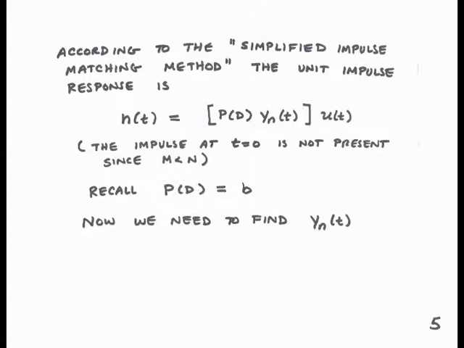We can now find h of t using the method that we outlined before. H of t will be equal to p of d times yn of t multiplied by u of t. We recall from the differential equation that p of d was equal to b, a constant, and now we need to find yn. And for that, of course, what we need to do is to match the appropriate initial conditions